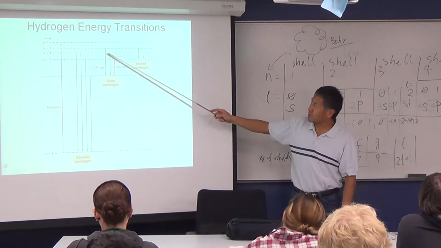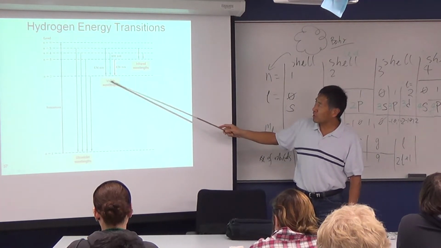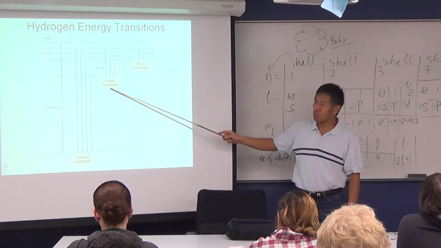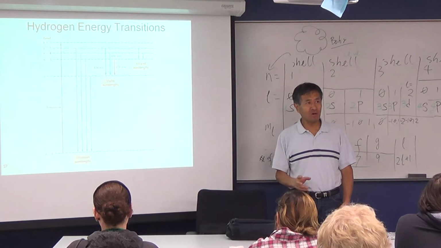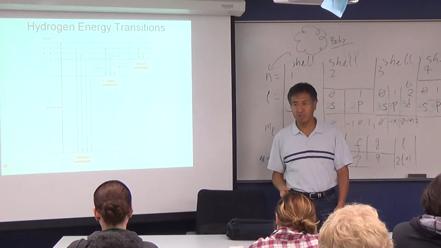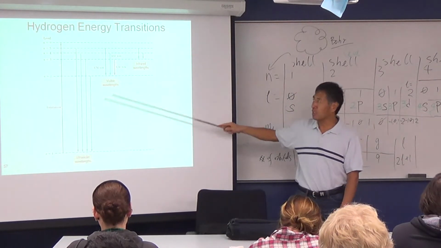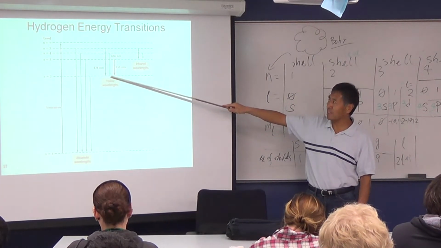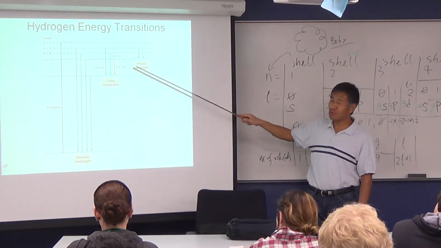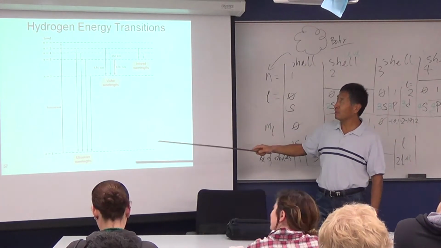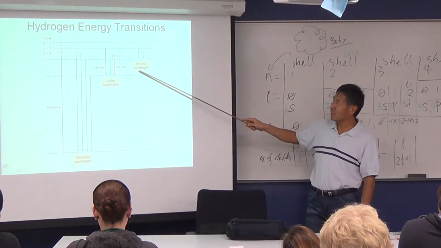If you go from some higher level, not all the way to 1, but back to 2, you will get visible wavelengths. Visible wavelengths, which means visible light has less energy than UV light. You can see UV has more energy because there's a bigger gap. With less energy, the visible light is all ending up on the second level. And if you go even less, only to the 3, that's infrared.